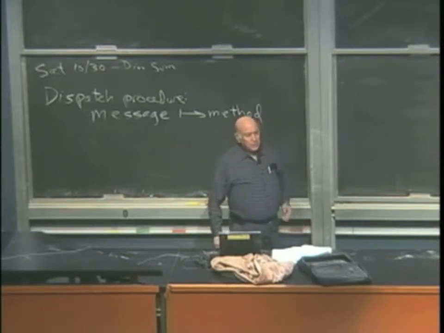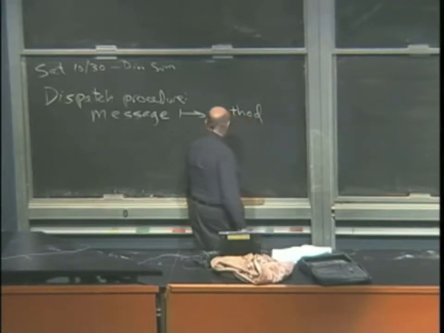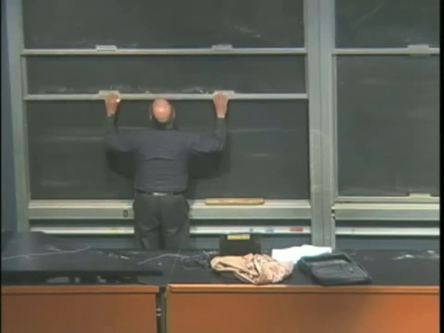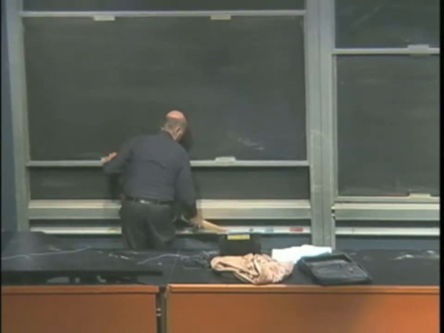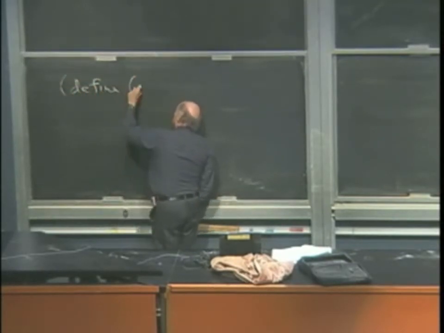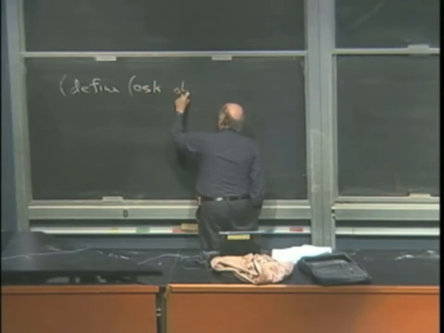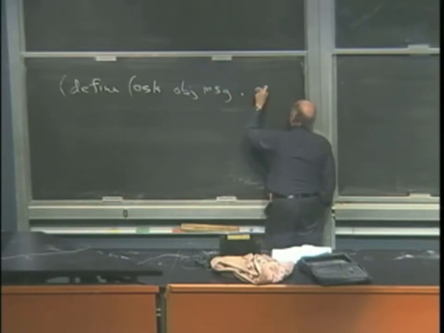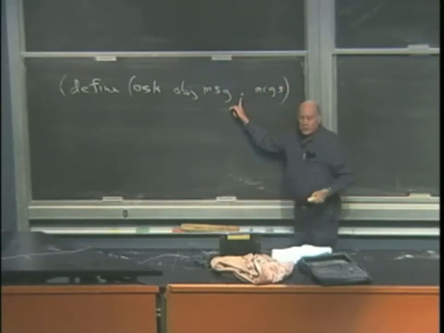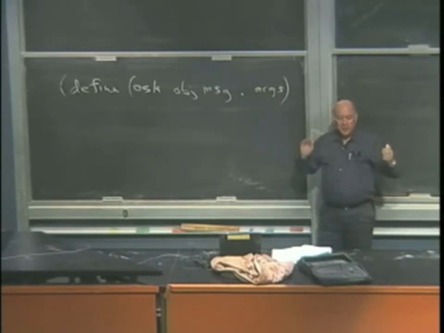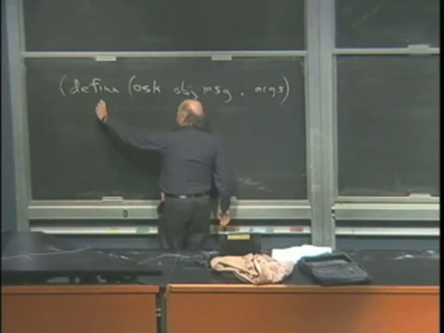So the ask procedure that we use in the OOP above the line looks like this. Remember, this is the notation for zero or more additional arguments. So args is going to be a list of arguments, possibly empty. And all it does is